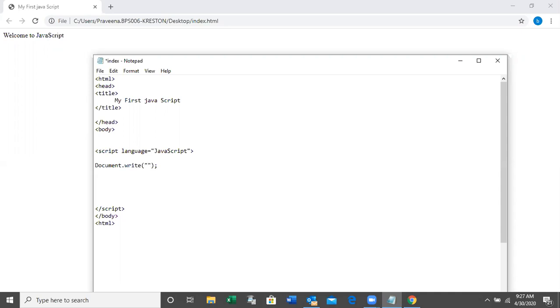Text means what? Combination of characters. Combination of characters means A is a character, B is another character, C also the character. If I write A, B, C together, that's what we call text or string. I will teach you about the data type later. First of all, you have to understand what is text. Text means combination of characters, right?